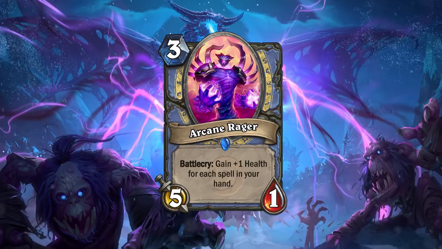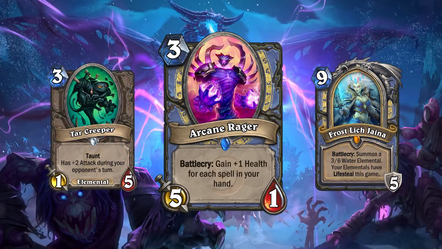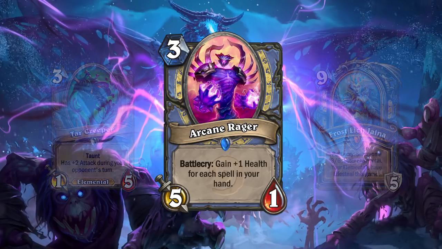Best case scenario, with 9 other spells in hand, it's a 3 mana 5/10. I don't know if that's necessarily a viable deck, maybe some sort of freeze mage, but I think on average, if you played it on turn 3, you'd be able to get a 5/2 or a 5/3. Is that better than Tarkreeper? Definitely not, especially if you're trying to incorporate this in a Death Knight Elemental Mage deck,